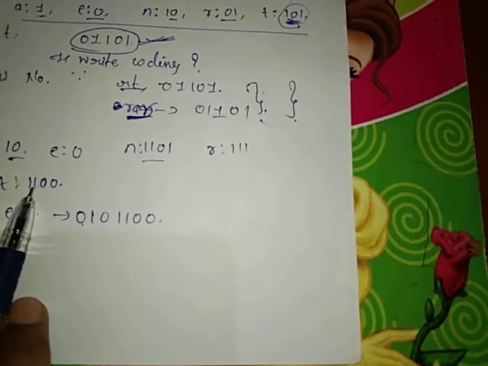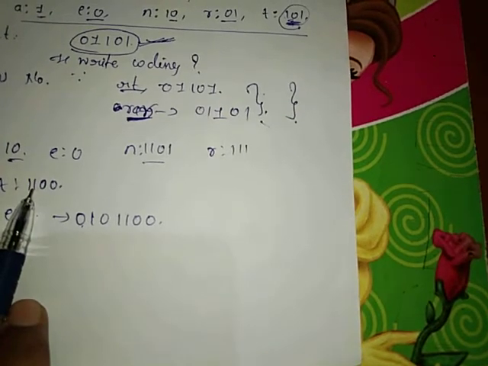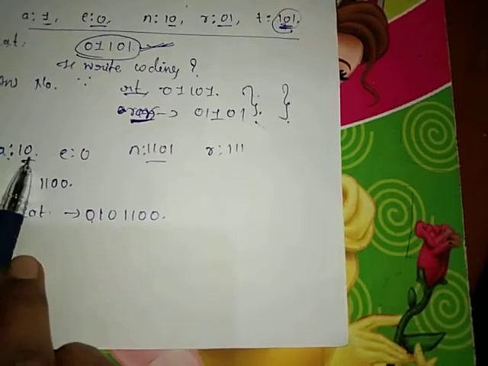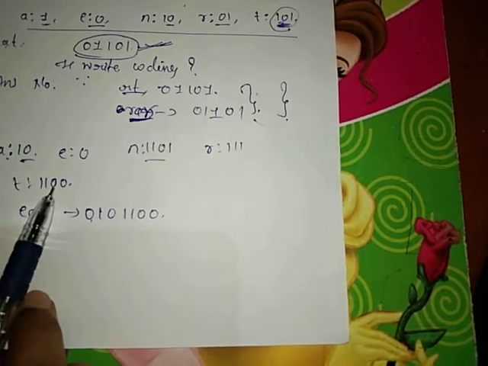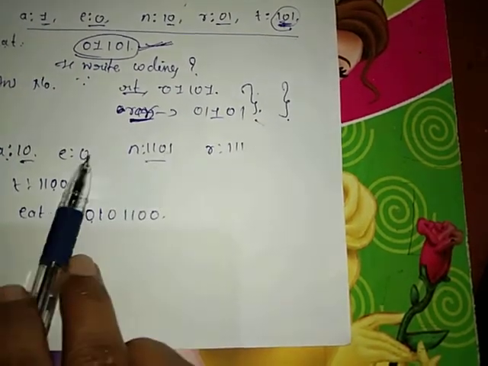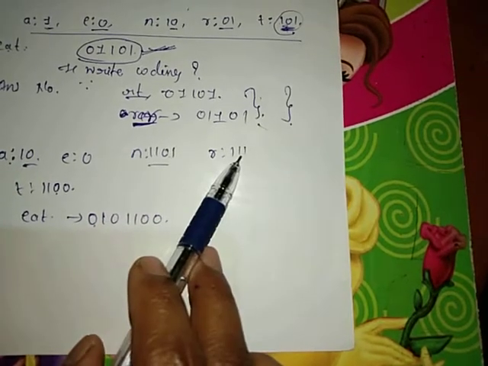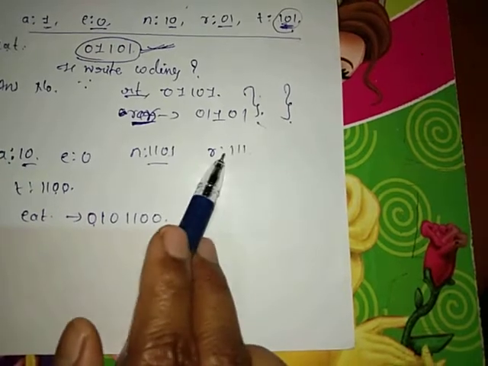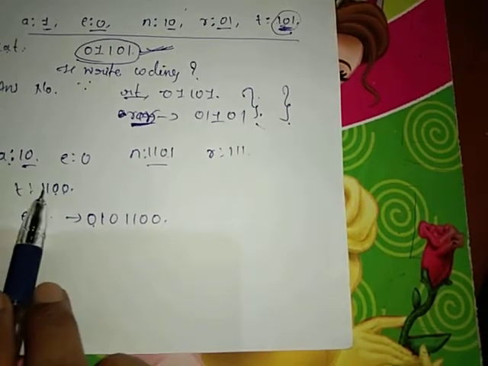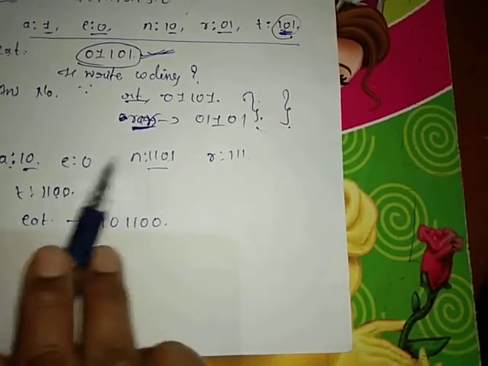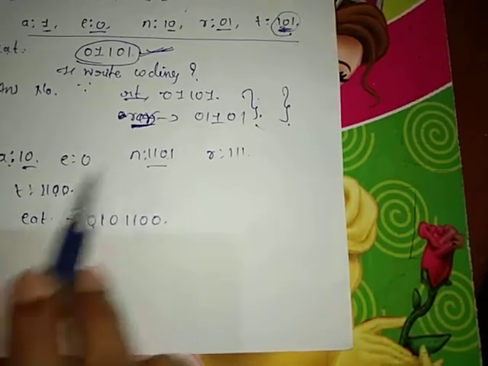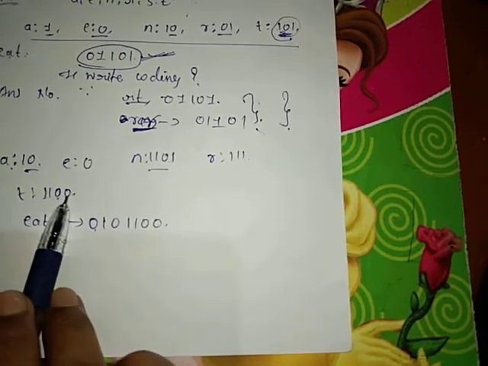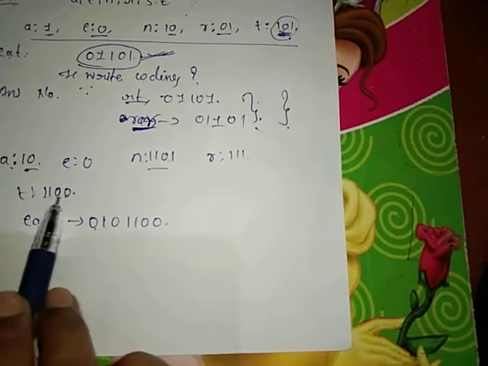So this is why the code of the letters here is not a prefix of the code of any other letter. 10 is not present here, and 01, 0 is not present anywhere here. Means a combination of any two will not be present in any sequence. 111 is not present. 1100 is not any sequence of any other letters. And 110 is also not a sequence of any other letter. And 0. Means we cannot split a T here.